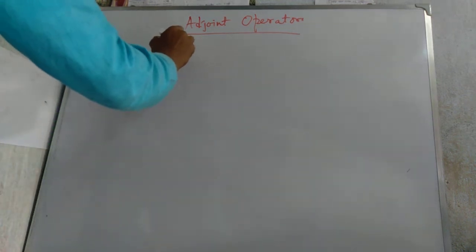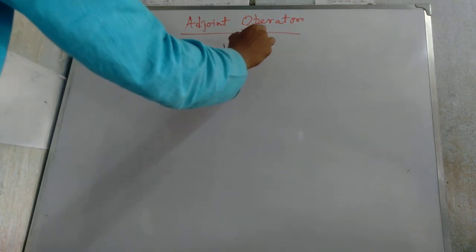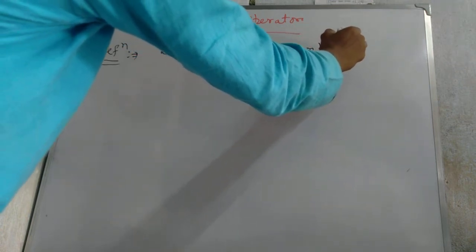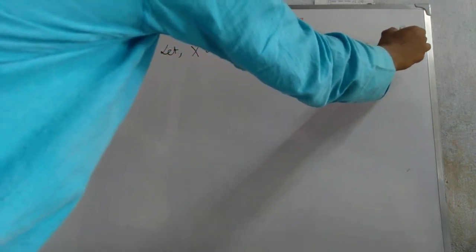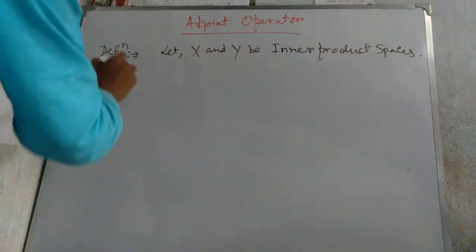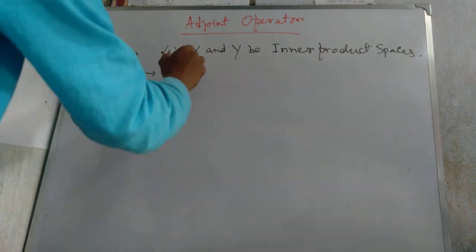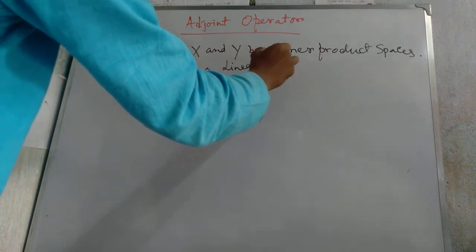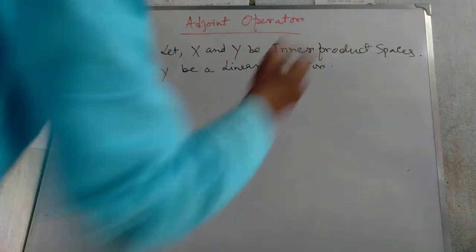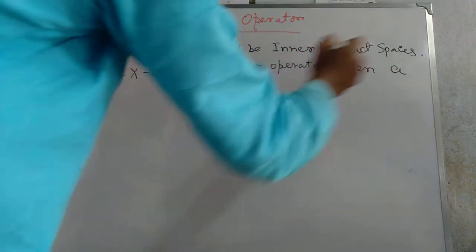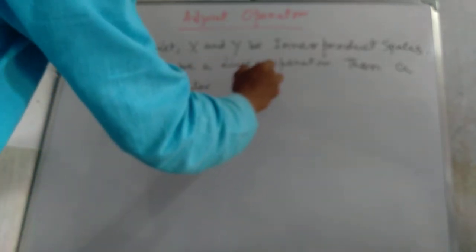Let X, Y be inner product spaces, and A: X to Y be a linear operator. Then a linear operator B from Y to X